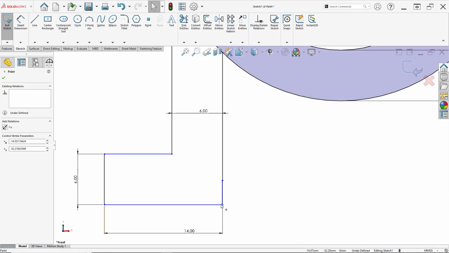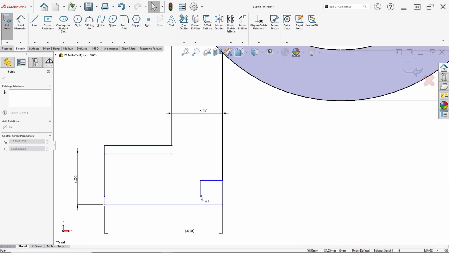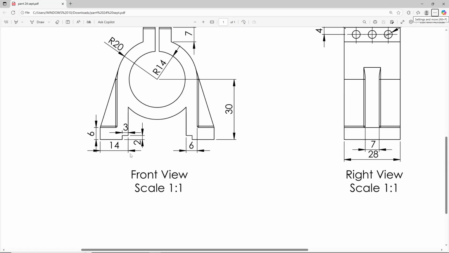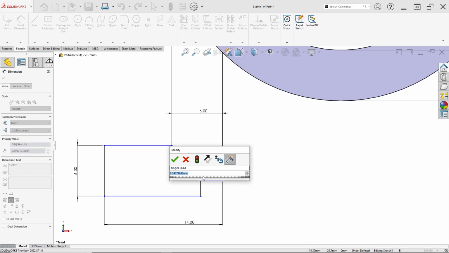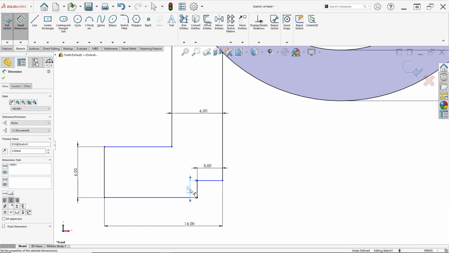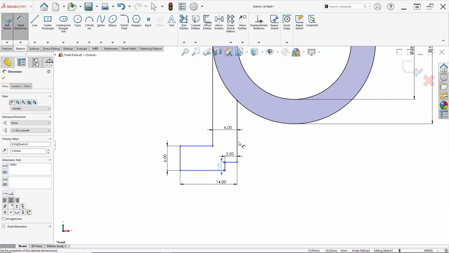We can draw this point like this and input the dimensions here. This line has a width of 3 and this line has a width of 2. Put in 3 millimeters and 2 millimeters like this.